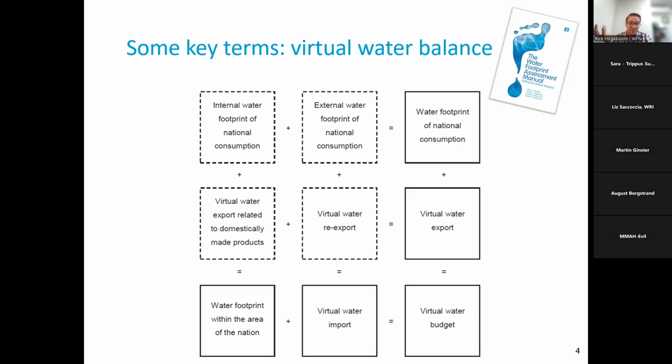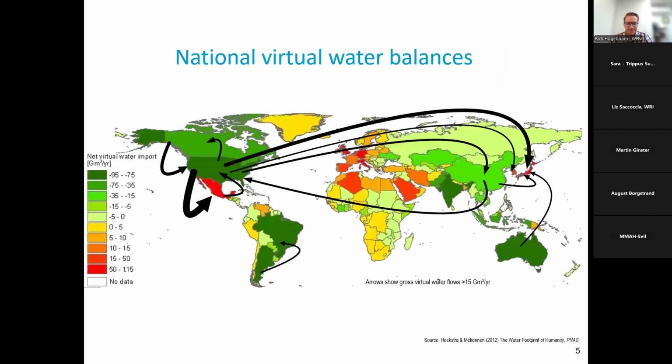Now, some products will be produced and consumed domestically, meaning they are consumed also in the country where they were produced, while others travel a great distance before they arrive at their final destination or user. And from the blocks, you can tell there's a whole array of different kind of definitions you can attach to that. But that's the basis of it. I'll leave the slides with Liz and WRI for your later reference if you'd like.